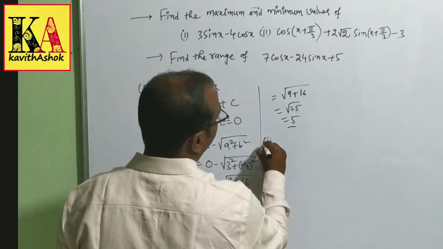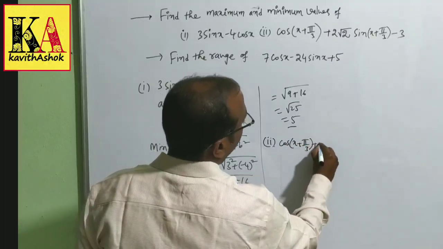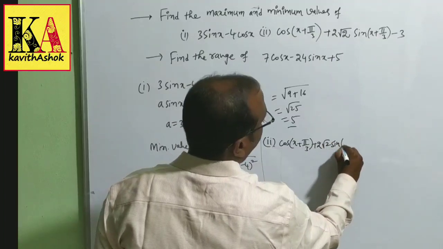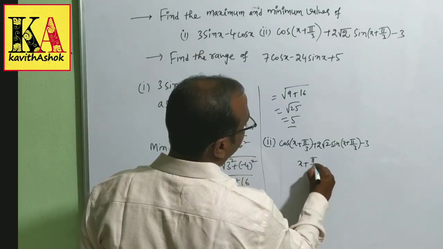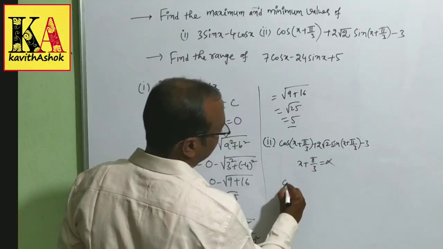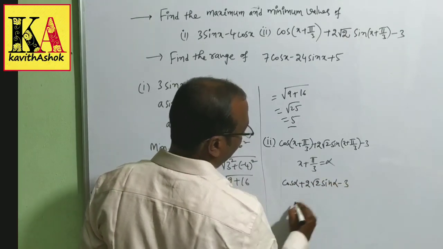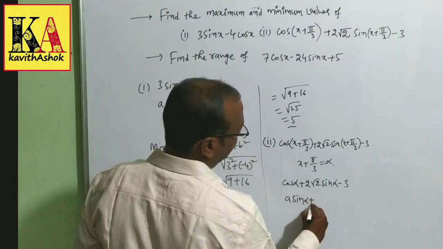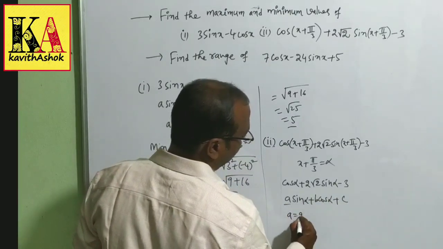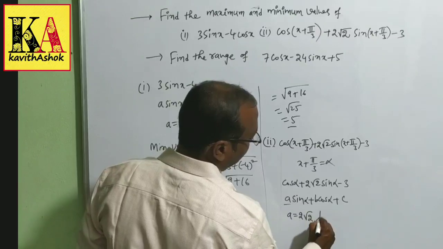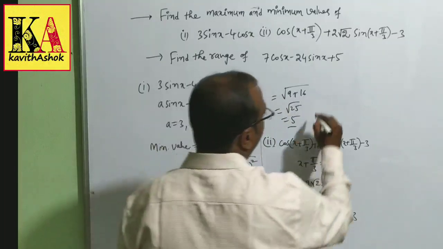For the second, cos of x plus pi by 3 plus 2 root 2 sin of x plus pi by 3 minus 3. If we consider x plus pi by 3 as some alpha, then cos alpha plus 2 root 2 sin alpha minus 3. If you compare with a sin alpha plus b cos alpha plus c, then a value will be 2 root 2. Why? Because sin alpha is there. b value will be 1, and c value will be minus 3. So then automatically